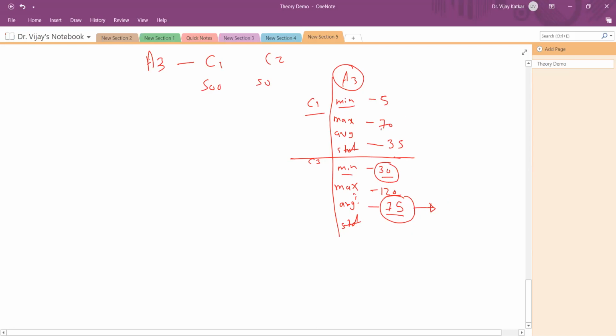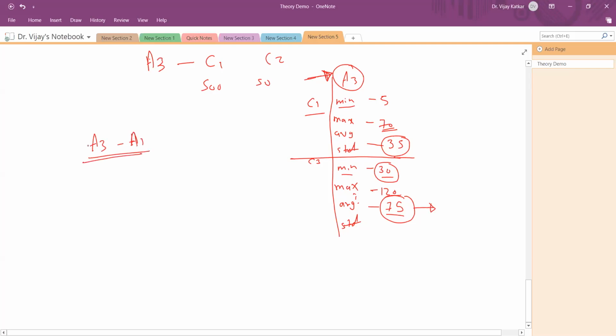And here the maximum is 70, but the average is centered more towards 35. So now the A3 attribute is very important when it comes to classification.